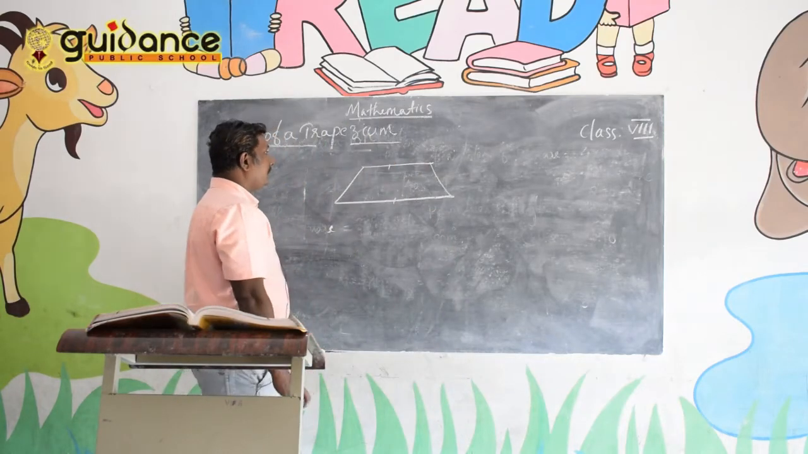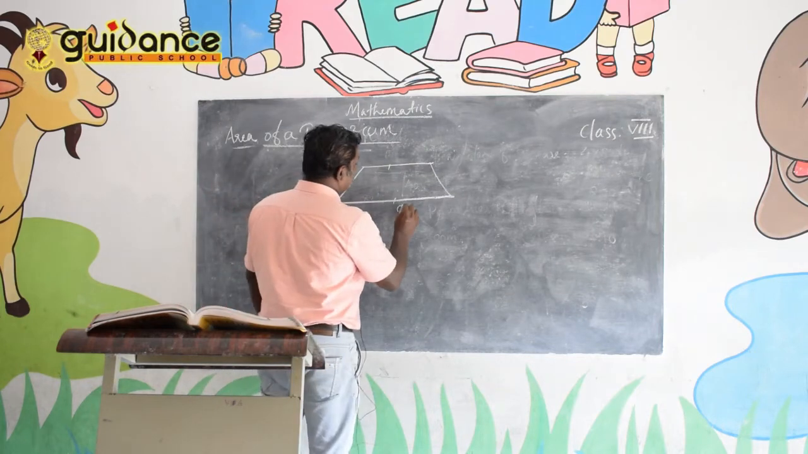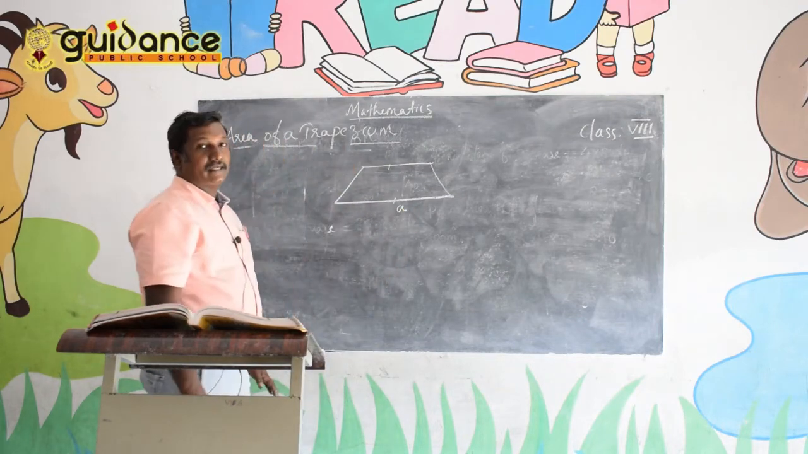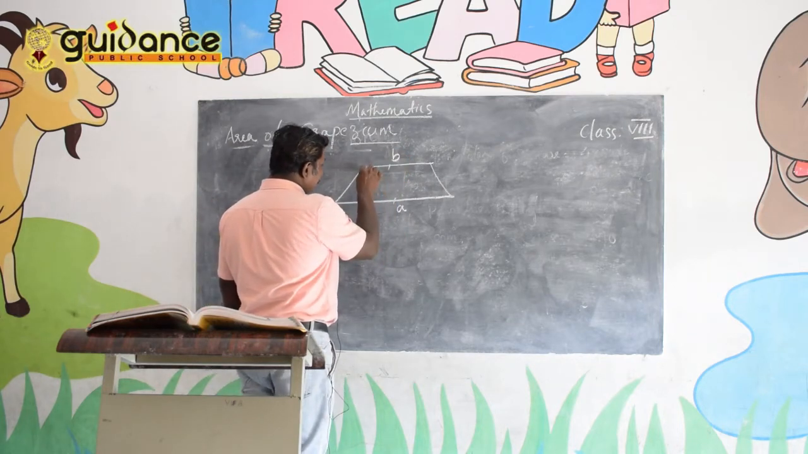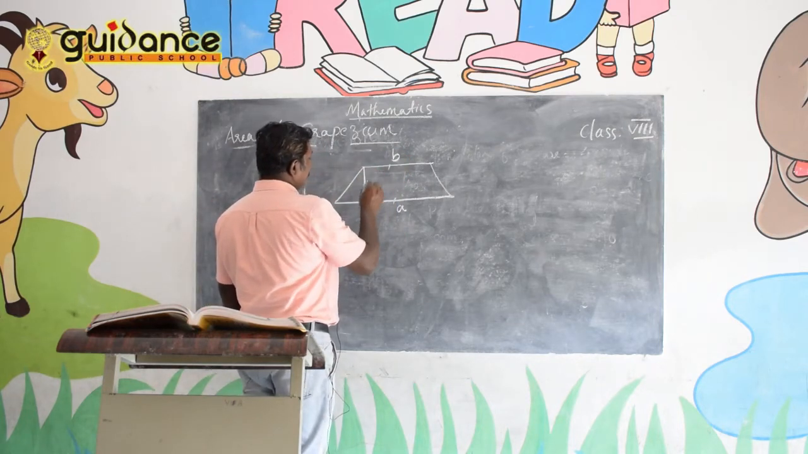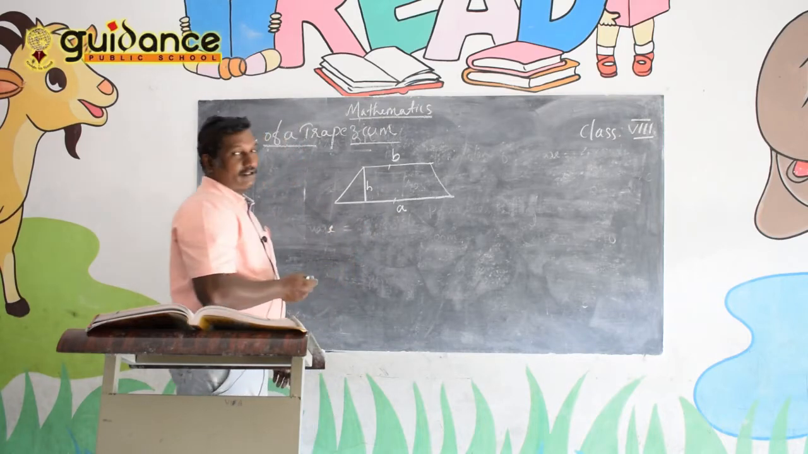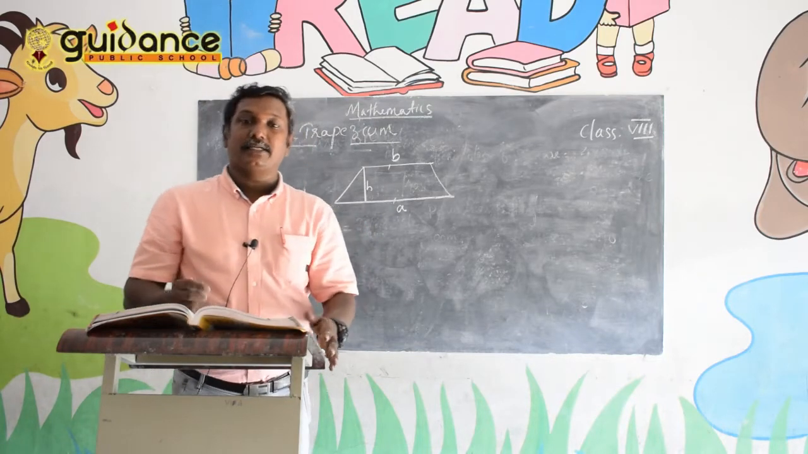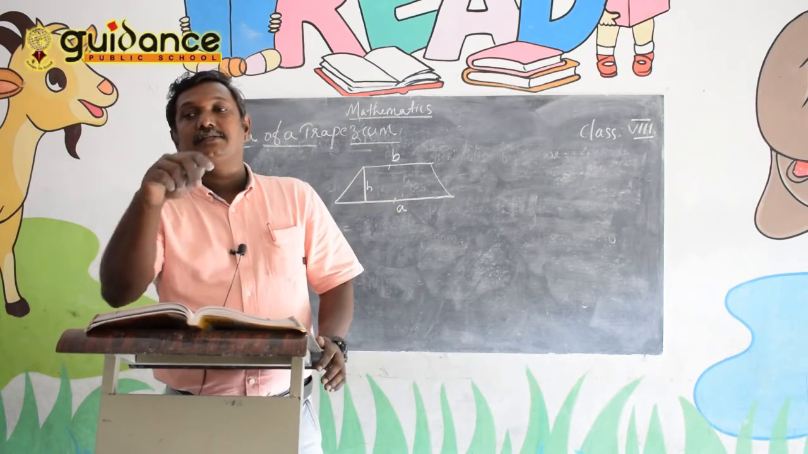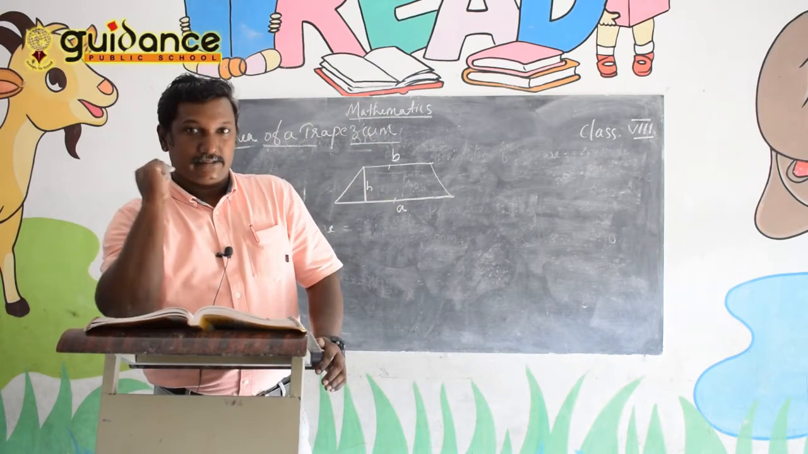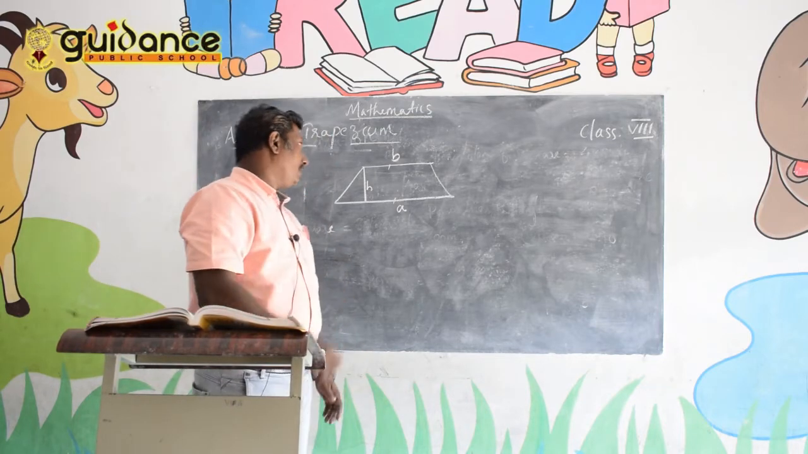So, how can we find out the area? First, we can consider one parallel side as A, and another parallel side as B. This distance between the two parallel sides we can consider as height. So, the area of trapezium is equal to